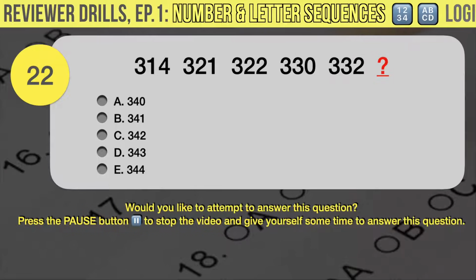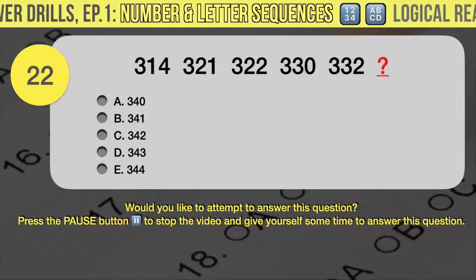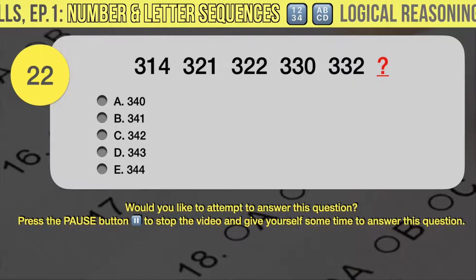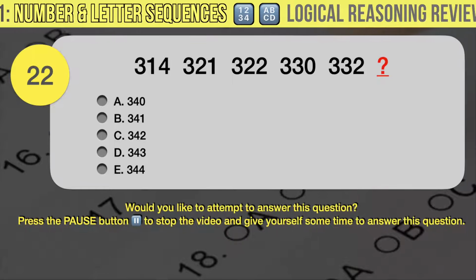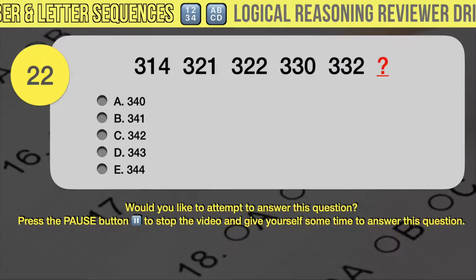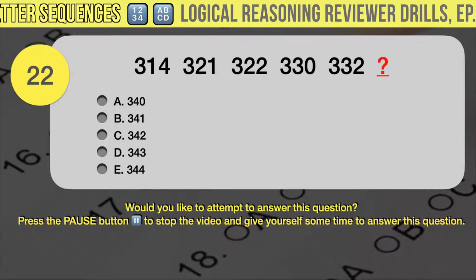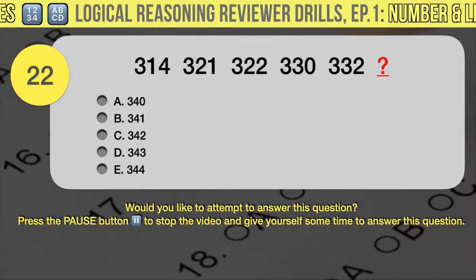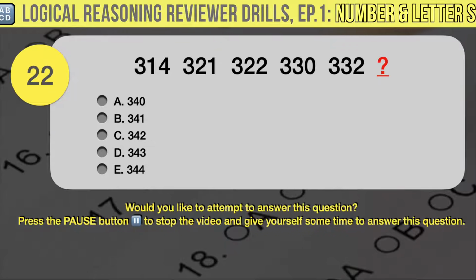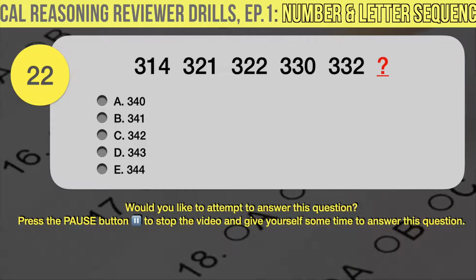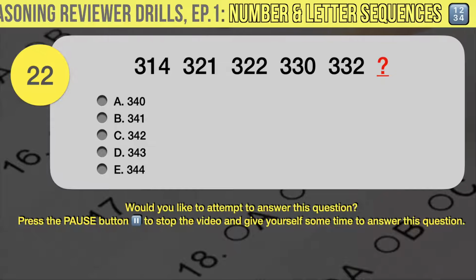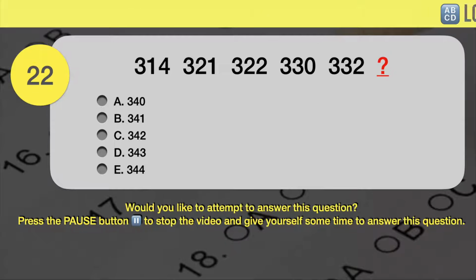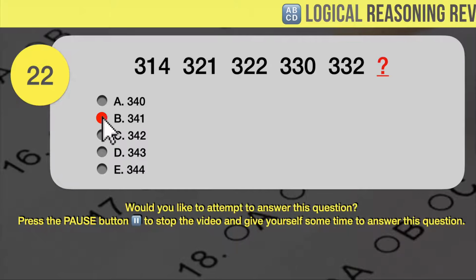Drill question number 22. Which number comes next in the following sequence? 314, 321, 322, 330, 332. Your answer choices are A, 340, B, 341, C, 342, D, 343, E, 344. The correct answer is B,